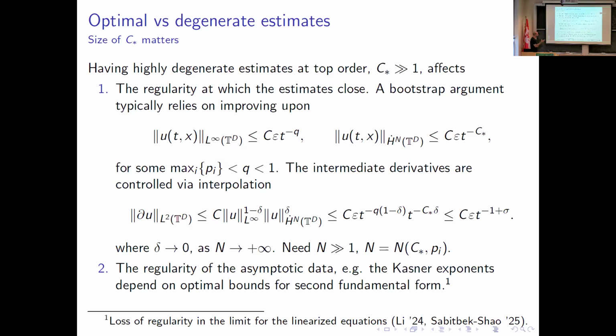Okay, then you should ask whether this is an actual phenomenon, as we said before. So do asymptotic data lose regularity? This could be fundamental if indeed the asymptotic data, the Kasner exponents, were much less regular relative to the background Kasner exponents, for example. And this could affect, let's say, okay, you would like to have a 1-to-1 correspondence between initial data at t equals 1 and initial data at the singularity. And this map, how regular is it, etc. It's one interesting question in this type of problems.